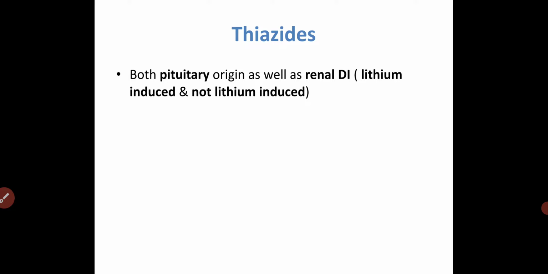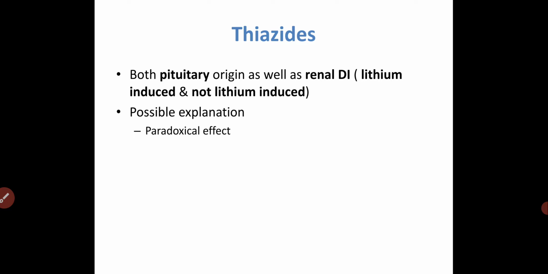Okay, and in nephrogenic diabetes insipidus it is also useful, in the two types, either lithium-induced or non-lithium-induced renal diabetes insipidus. And this is only a possible explanation of why thiazide is useful as an antidiuretic. First one, it's a paradoxical effect. Paradoxical means it's not normal, but it's a